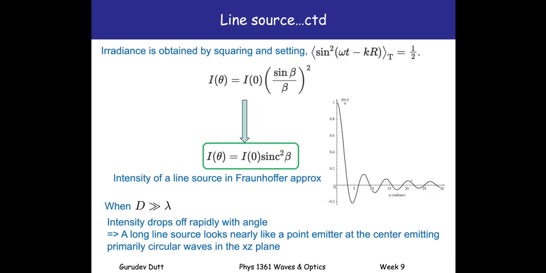Okay, so that was an important result. The long line source looks just like a point emitter at the center, emitting primarily circular waves in the xz plane. So I will pause now and stop this video, and I'll ask you to go and answer